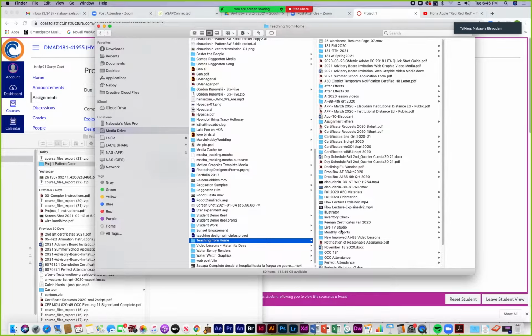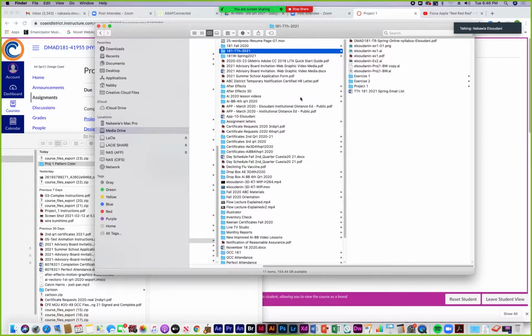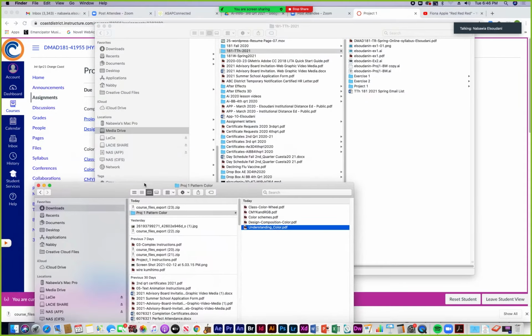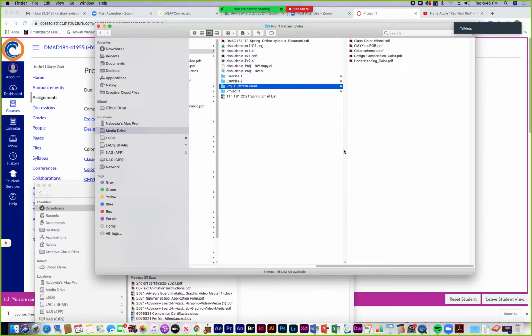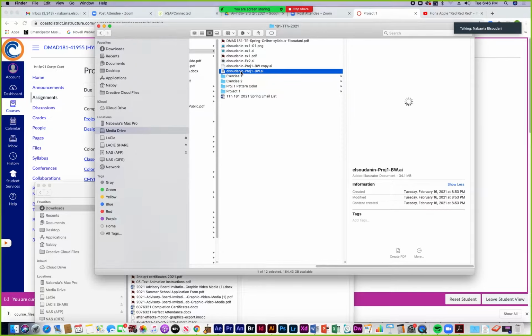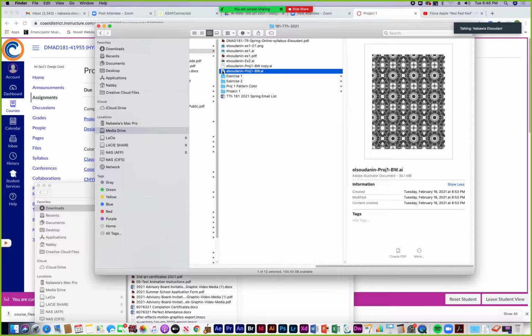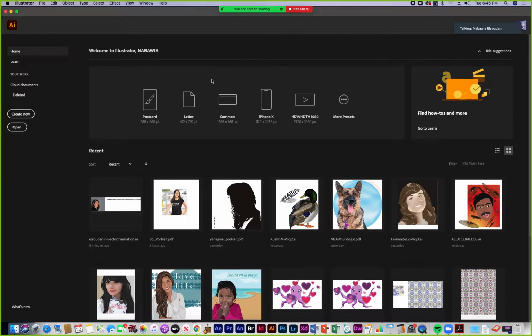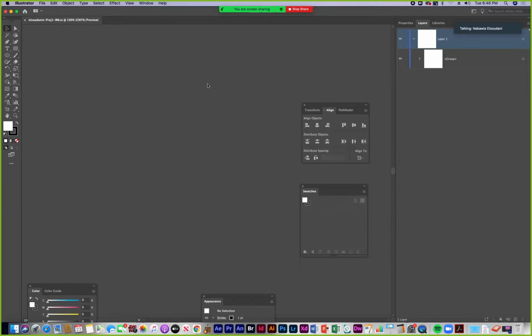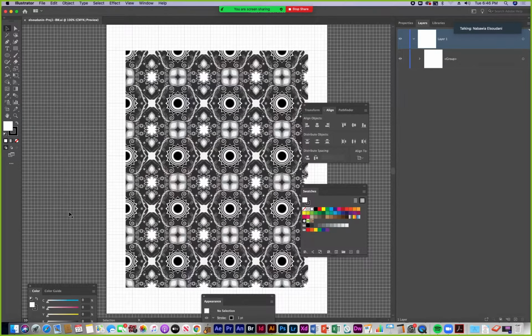So I'm going to put this in my folder for this class, the Proj 1 Pattern Color. I'm going to move that there. And I started the black and white version of the pattern, so I'm going to be opening that up to show you how to make a color version from your black and white version.